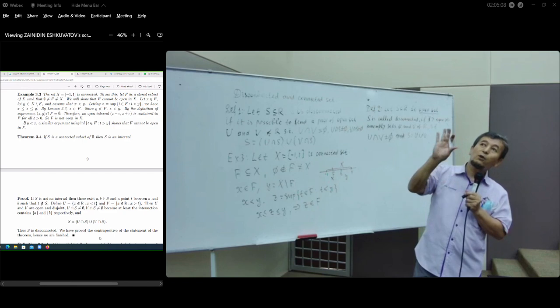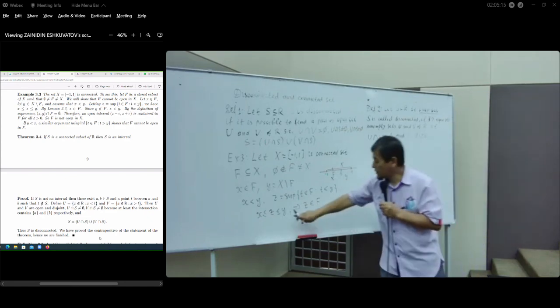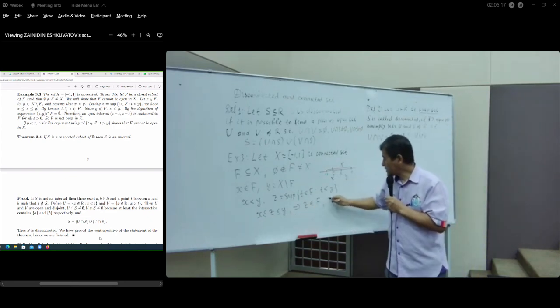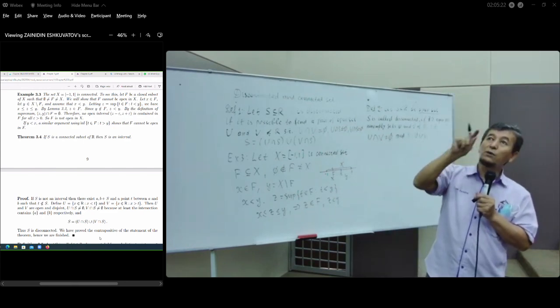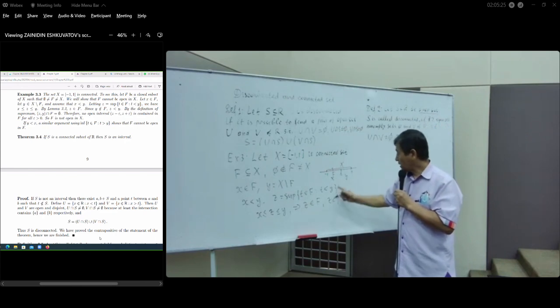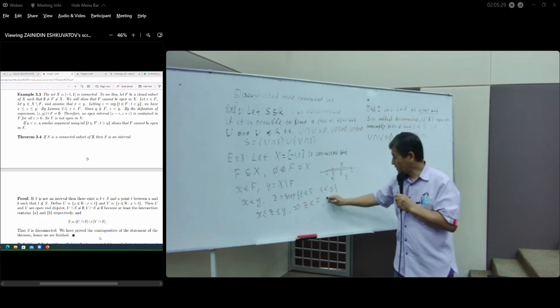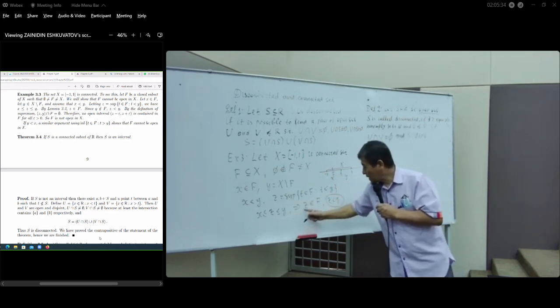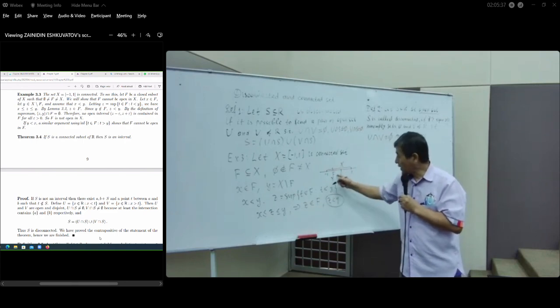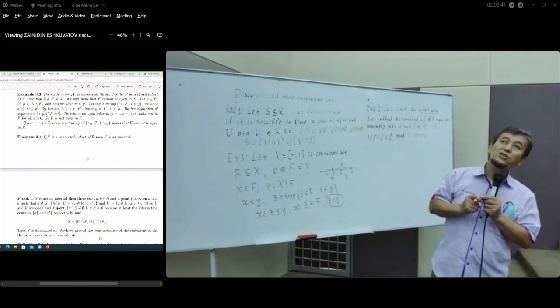But Y does not belong to F and Z is strictly less than Y. Over there they say it can reach to Y, but here Z is strictly less than Y. Since Y does not belong to F, Z should be strictly less than Y. It is correct. This is a general statement. Now, since Y is not in F, Z should be strictly less than Y. By the definition of the supremum,